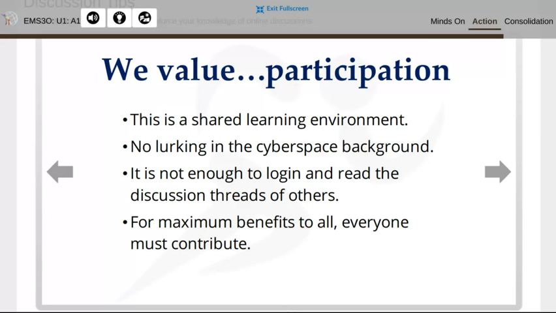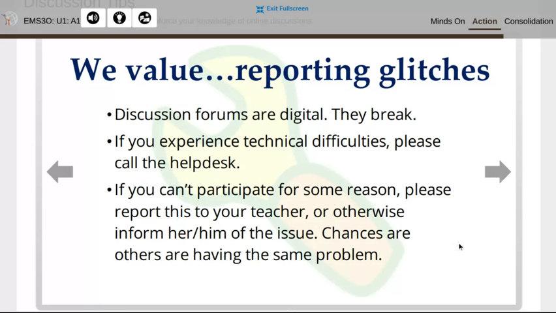So if you haven't been used to doing a lot of discussions, this is the time to get used to that. And everybody needs to contribute. The discussions do make up quite a bit of your marks in this course, so it's something that you need to really be participating in. Keep in mind, discussions are digital, so sometimes things break. We will try to fix that. There's a link for the help desk on the very home page. You guys know how to get a hold of me, or else you will learn. It's on the home page, then you can get a hold of me.